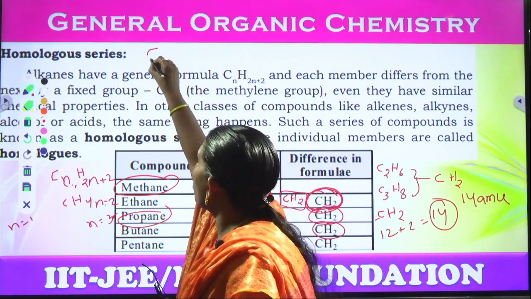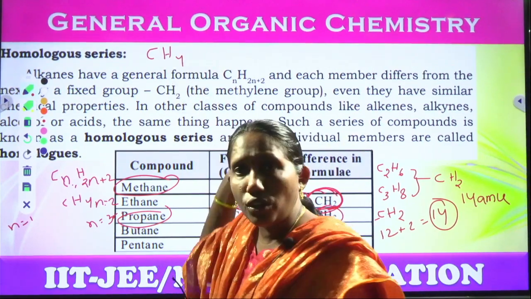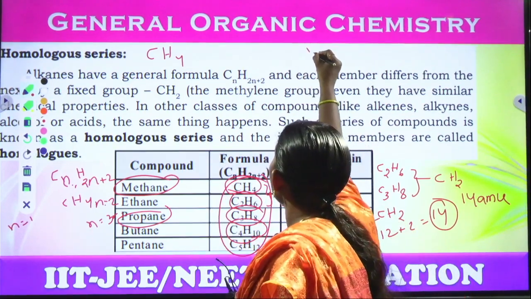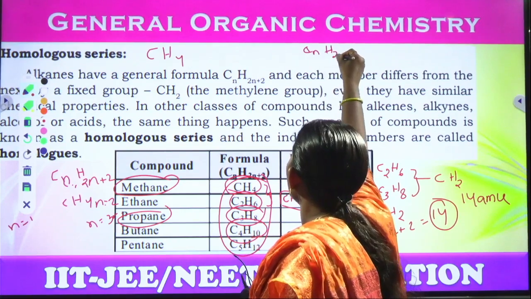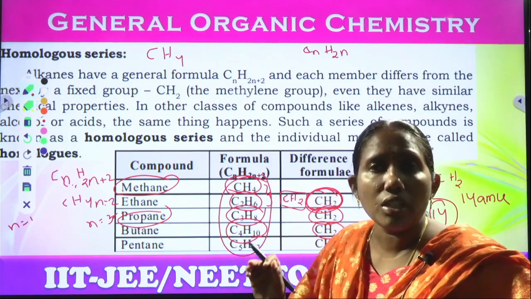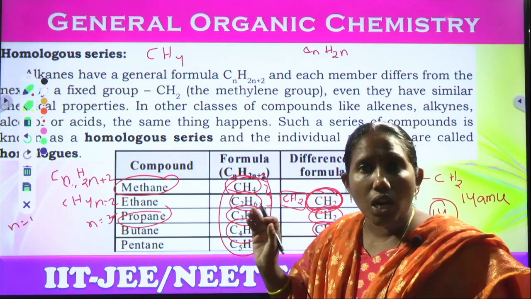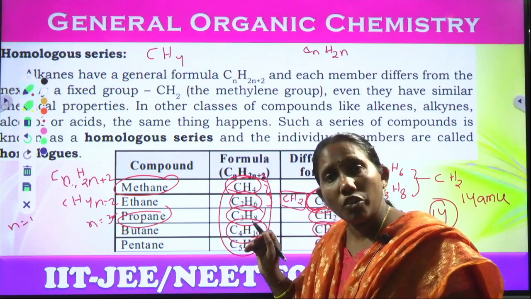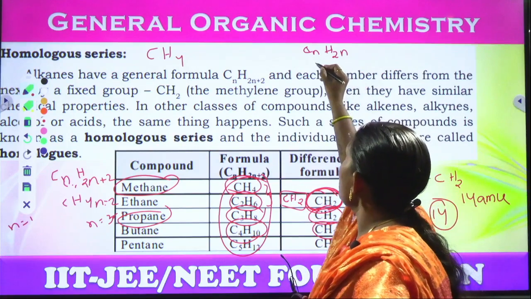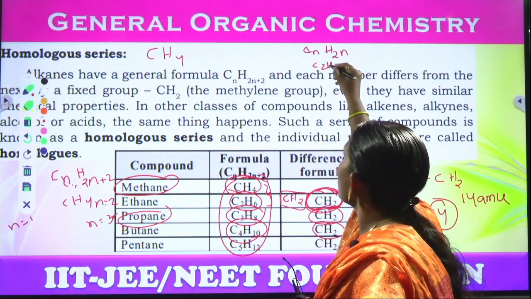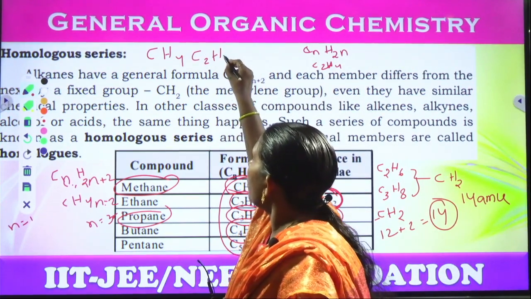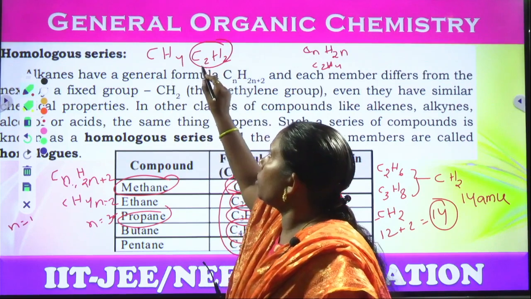So the first homologue for alkane is CH4. You can go for alkene. The alkene molecular formula is CnH2n. Already we told that to write the alkene formula, n starts from 2. n will not start from 1 because there should be a double bond between carbon and carbon, so compulsorily 2 carbons should exist. That's why C2, 2 2s are 4, H4. So I want to check for CH4 and C2H4.